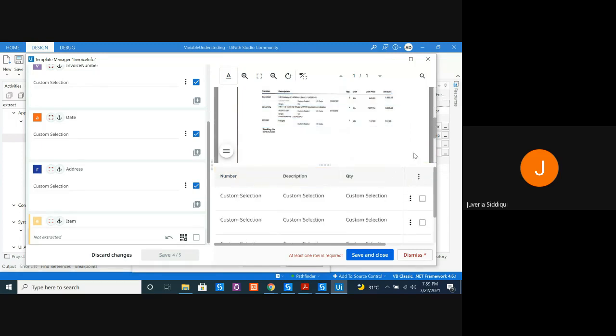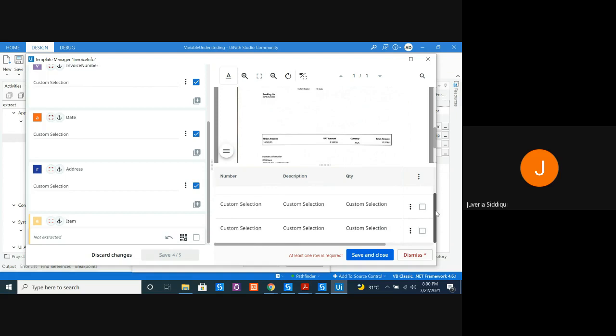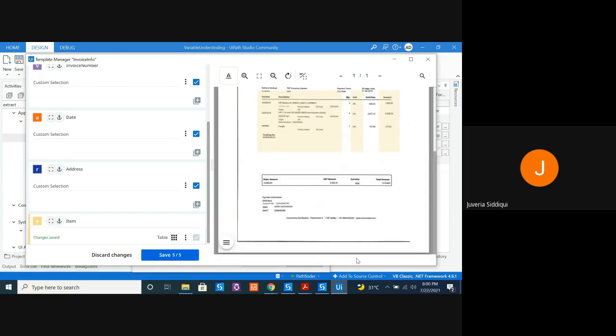Done. So the bot was trying to understand the document. If this custom selection does not appear, make sure you reselect the document. All right, let's save and close.